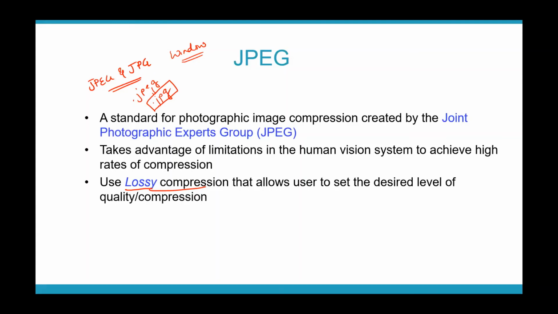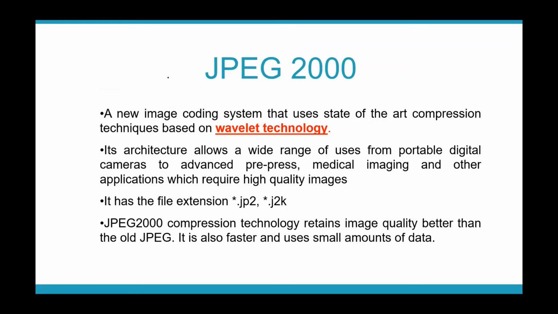They both use lossy compression. Have you come across this particular image format, JPEG 2000, which is normally denoted using this extension? This is yet another system independent file format, JPEG 2000. Have you seen these extensions? These are again JPEG files only, but this was actually brought about to replace our normal JPEG files.